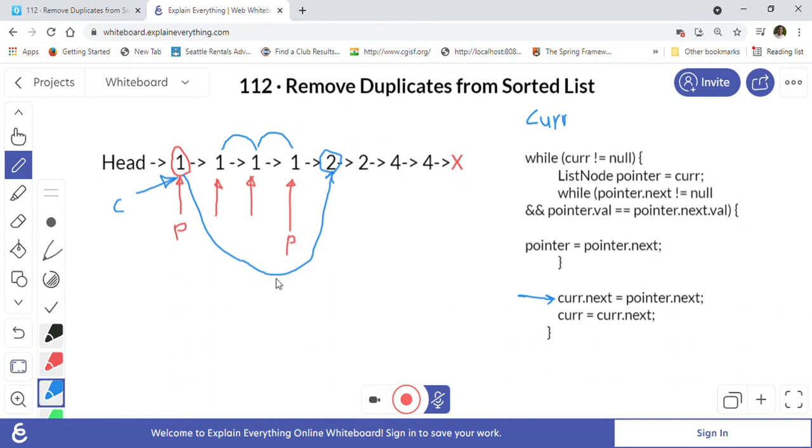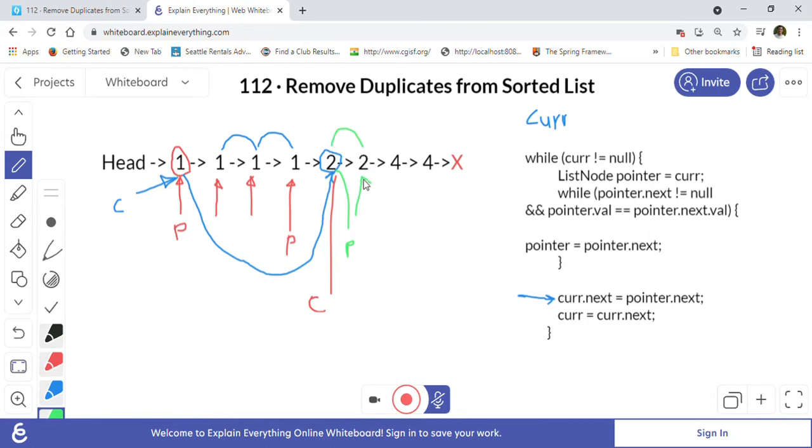So now next time what will happen? Next time our current is pointing here, right? So I'll just mention here, this is our current for the next iteration. So current is pointing to 2, and our pointer p is also pointing to the 2, right? So now pointer p will again loop with this while, and pointer p will reach here, so same value, 2 is equal to 2, right?